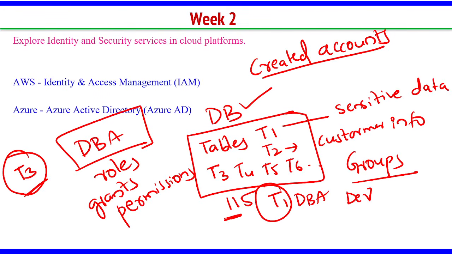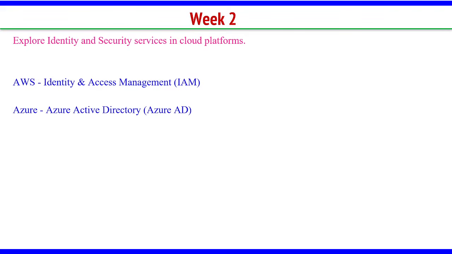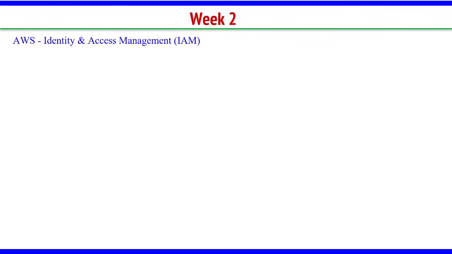In the same way that this is done in a database, we have a lot of security and identity services in the cloud platform. It is different for AWS and also different for Azure. In AWS we call it Identity and Access Management, whereas in Azure we call it Azure Active Directory. What is this? Let me talk about AWS here. In AWS, I create an